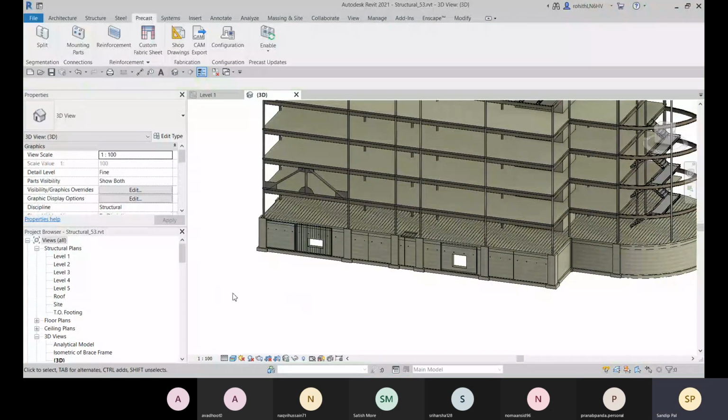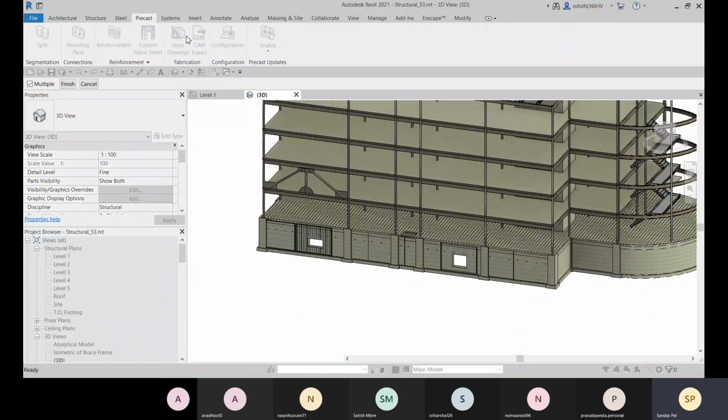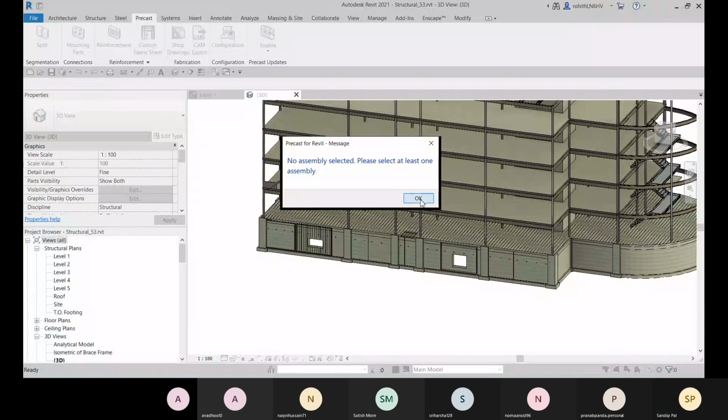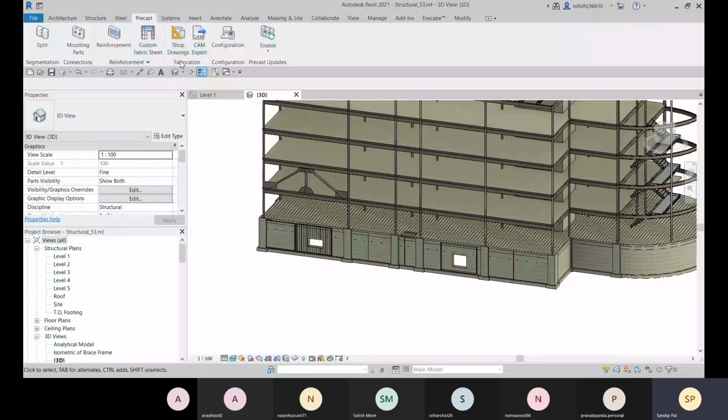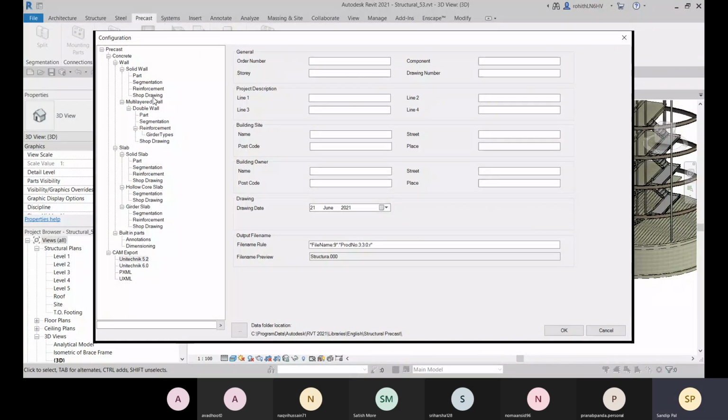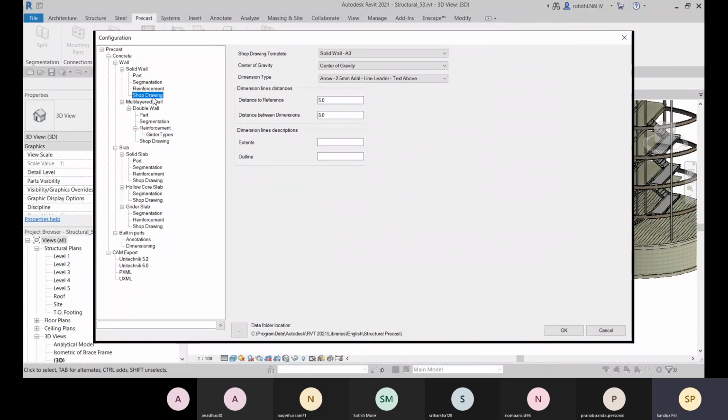Okay. And now I'll go to the shop drawing option. So we can create shop drawings. Before creating a shop drawing, go to the configuration, and for each precast element, you have this shop drawing option.